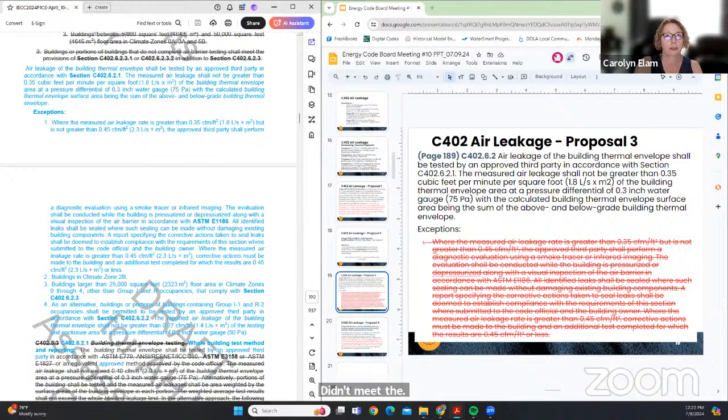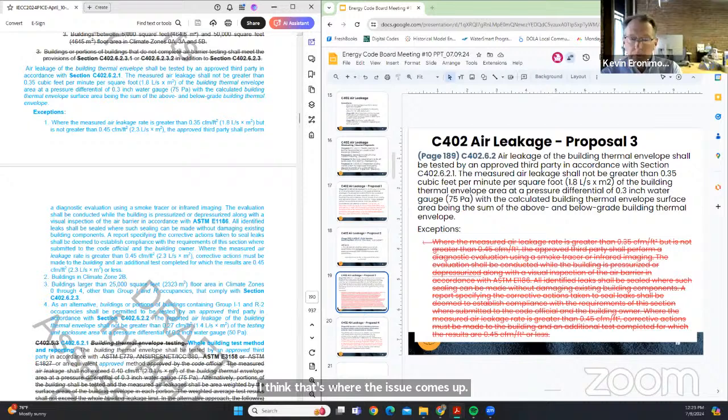Which doesn't mean that we don't put the other ones higher above, or we come up with some remedy, like a temporary certificate or something like that. But I think that's left to jurisdictions for how they want to deal with failure to comply with that element. But I like the idea of clarifying how you remedy as a minimum, as opposed to leaving it open-ended, because I think that's where the issue comes up. Yeah, and I think if you strike it altogether, you give people a get out of jail free card. They're like, oh, we didn't pass. Too bad, we still get our CO. There's no implication. There's no teeth to it.